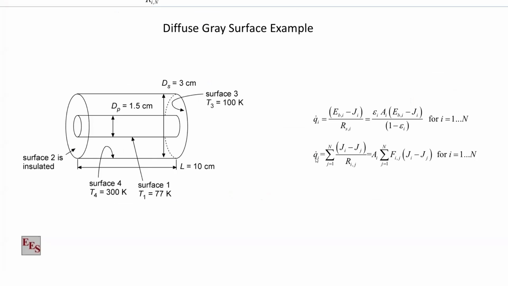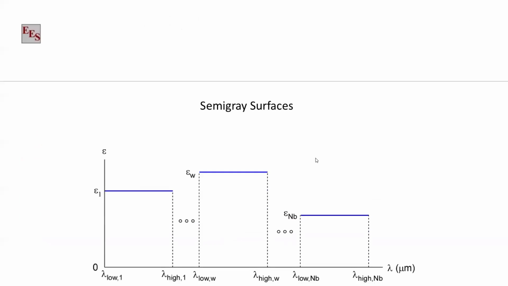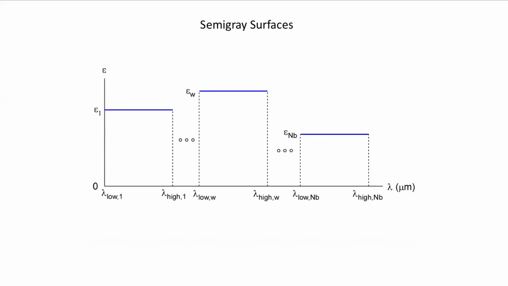So let's move on then to talk about semi-gray surfaces. And this will be, I think, the last topic. This is the last topic of the class. So we've made it this far. Semi-gray surfaces. So a semi-gray surface, as implied here, is a surface that in certain regions is